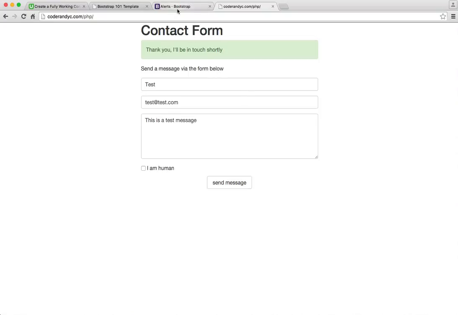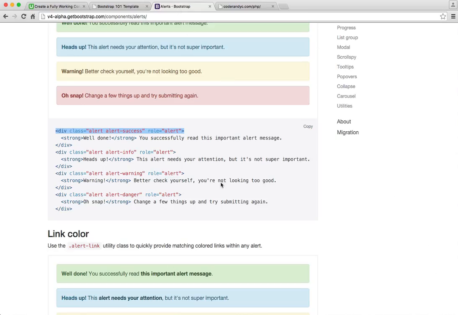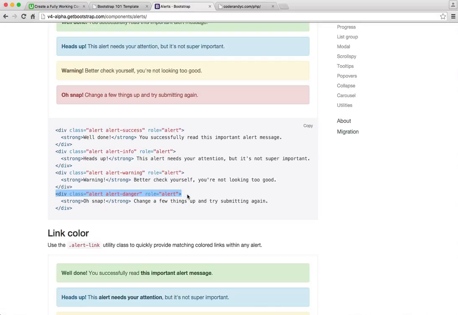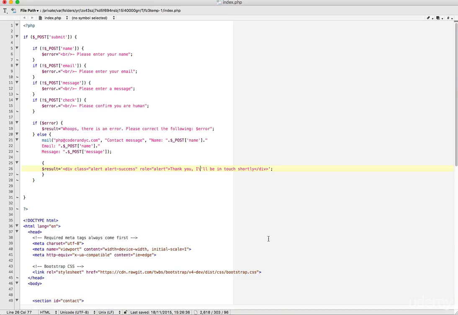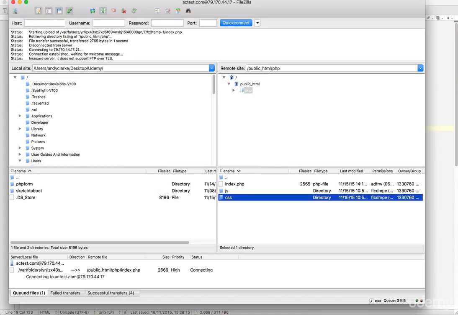So if we head back to the Get Bootstrap website, then we need to copy this danger alert here at the bottom, and again you can copy whichever one you like, it doesn't have to be this one. Then we head back to our index page, and we paste the danger alert in before our warning message. Then again we need to make sure we close off the div, and then we simply swap out our single quotes around the result. Then again, if we save that off and overwrite the file and then refresh our page,